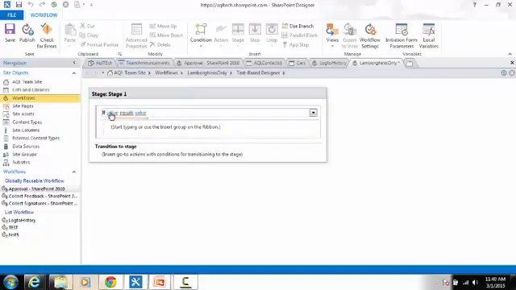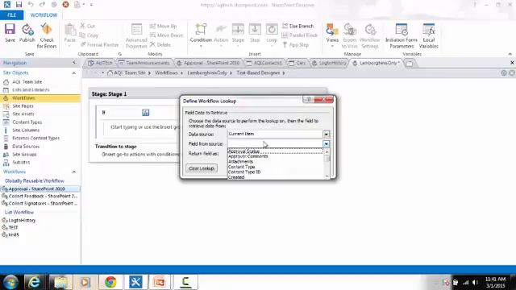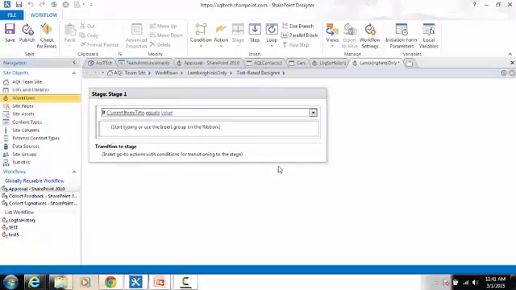In the value section, I'm going to click on value, but this time I need to verify the user input. I need to verify what the user has entered within the list. So I'm going to click on FX over here, which is defining the workflow lookup, and again the current item. Let's not forget what current item does: it's the list item on which the workflow fired, on which the workflow is running. So I'm saying that from the current item, get me the title, which is going to be the name of the car. If the title is equal to